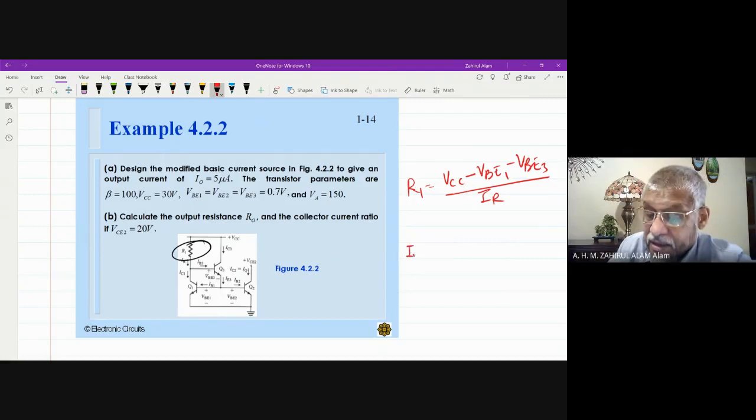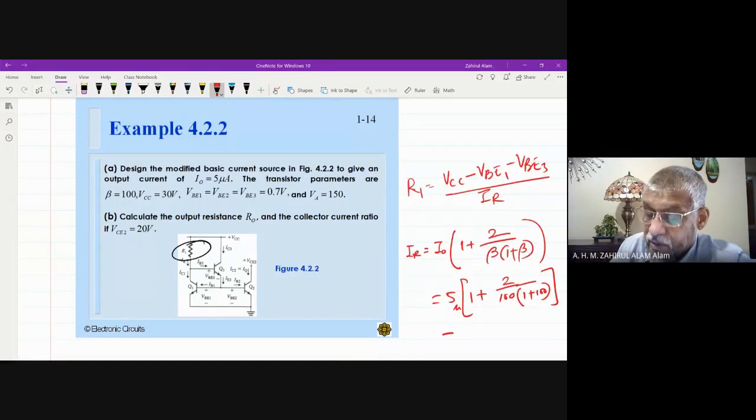Now IR, we have mentioned I naught equals IR times 1 plus 2 times beta over 1 plus beta. Now if we substitute this value, 5 times 1 plus 200 over 1 plus 100, then if we calculate, this is almost equal to 50